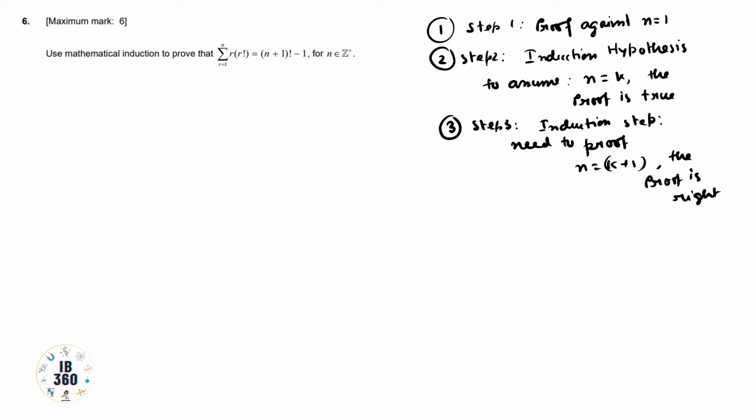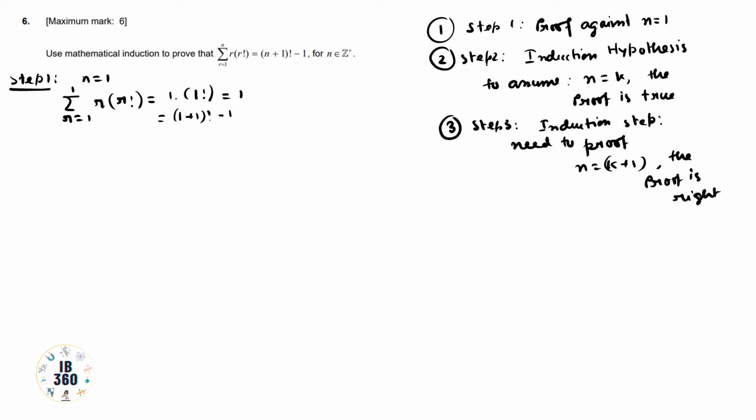Okay, now we will move towards the first step, that is step 1. For step 1, n will be 1. So for n equals 1 we have the summation, and here you can see the actual equation. So summation r equals 1 to 1 of r times r factorial is equal to 1 into 1 factorial, which is equal to 1.